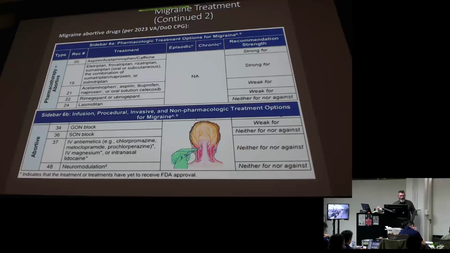Interestingly, though, if you look at recommendation number 22, rimegepant, ubrogepant, those are those CGRPs that we mentioned, right? They're the oral small molecules, and we'll talk, there's some injectables, and then there's some orals. The ones that have pants at the end, those are the orals, and we'll talk about them. And then the other ones are our old friend MABs, so they're easy, right? It's a monoclonal antibody. It ends in MAB. But we'll get there. But I pointed out that the DoD and the VA do recommend those newer lines of medications, especially for prophylaxis, right? The CGRP antagonists.